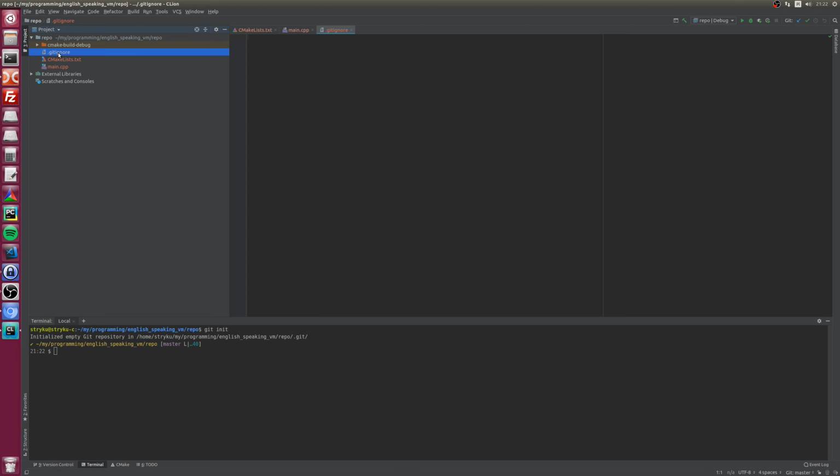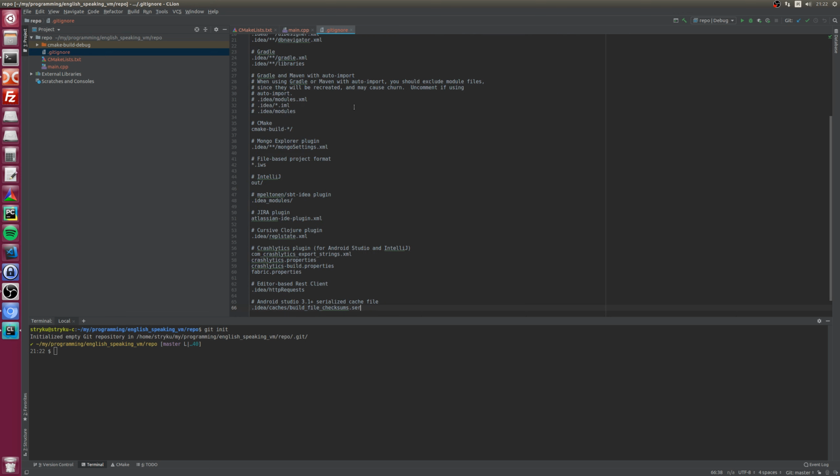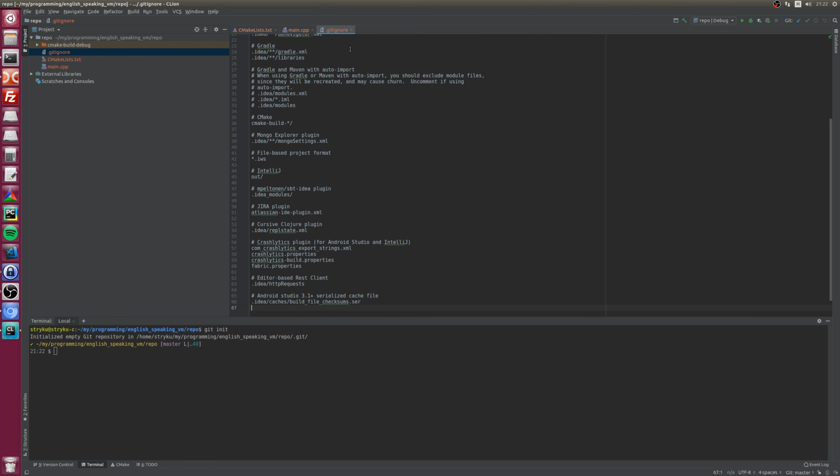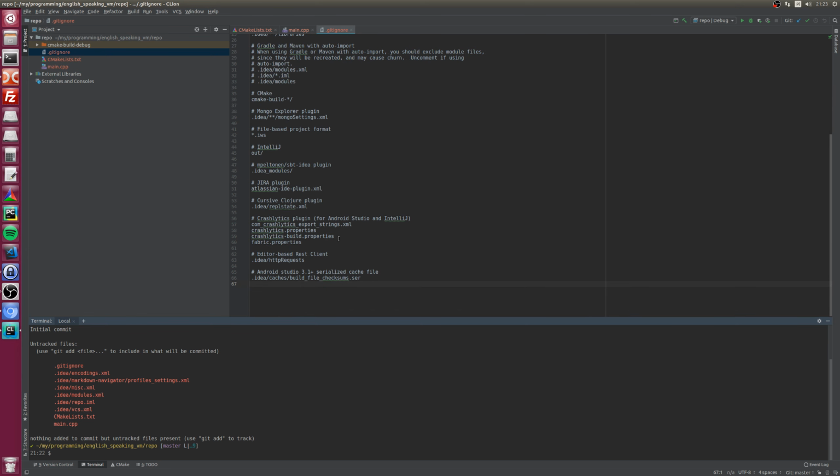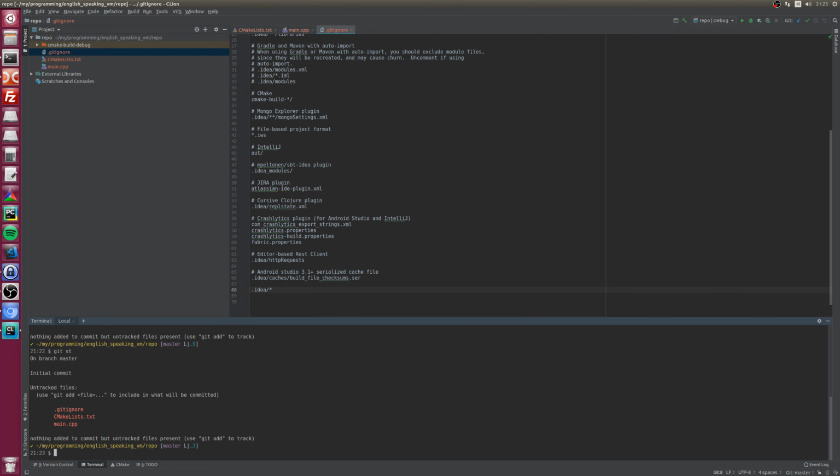I'll add everything on my own. Okay. Now, kind of okay, but I don't like to have the idea folder in the repo, so yeah, that's better.